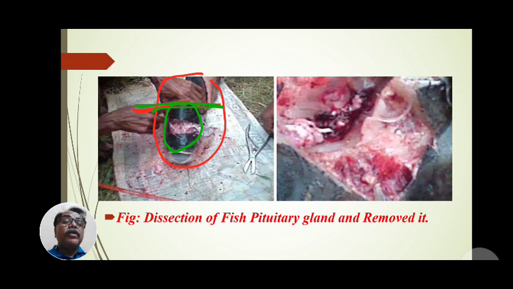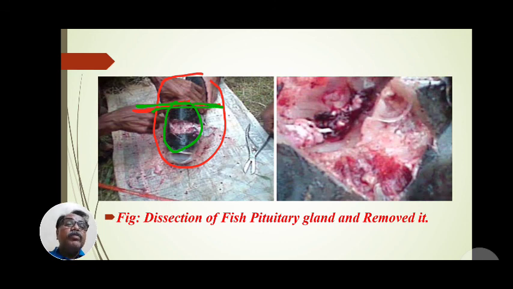These olfactory lobes are to be cut down again. Olfactory nerves, that is, optic lobes and olfactory nerves. These olfactory nerves go to the olfactory region, that is, the nasal region. Cut down these nerves and remove the complete brain with forceps, with delicate hands, or with a blunt forceps. This brain is to be completely removed from the head of the fish.